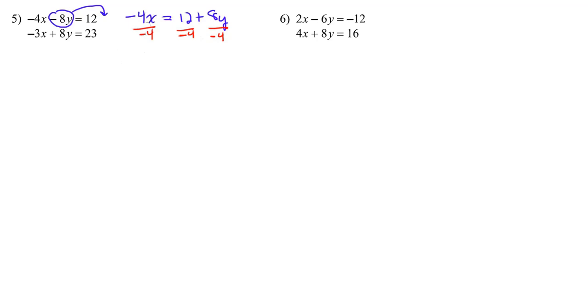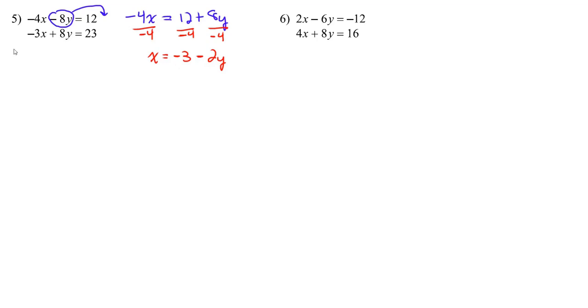So negative 4x divided by negative 4, that's x. 12 divided by negative 4 is negative 3. And 8y divided by negative 4 is going to be negative 2y. And here we have this equation solved for x, which means we know what we can substitute in the second